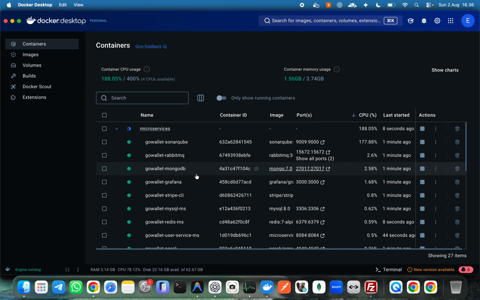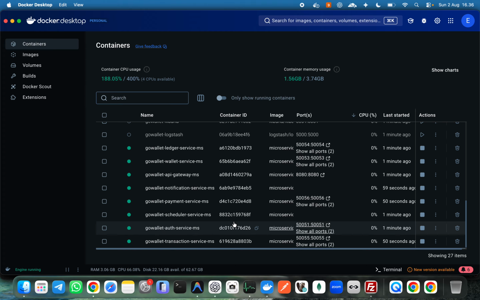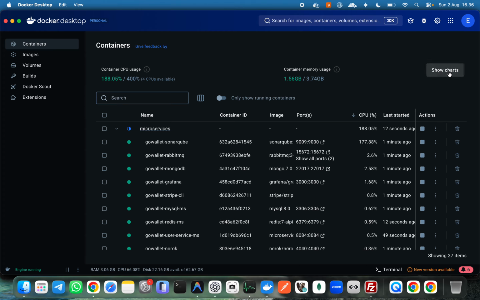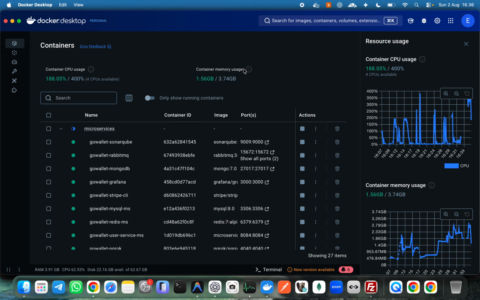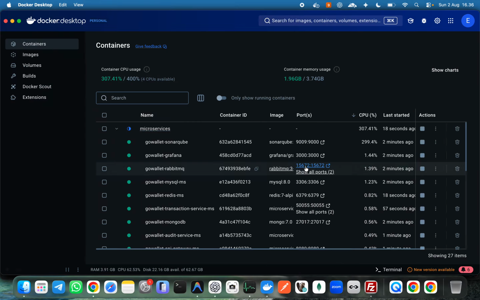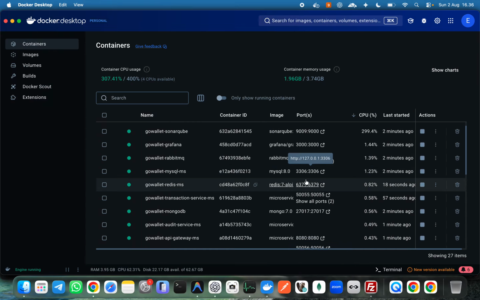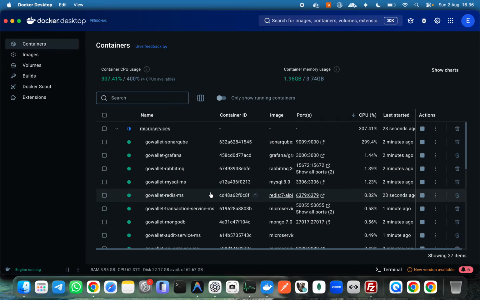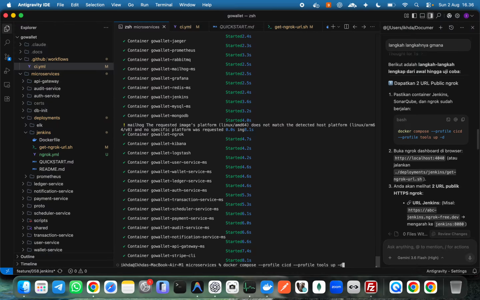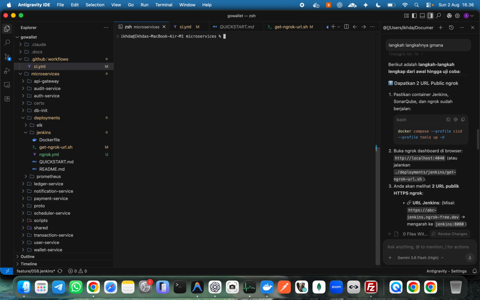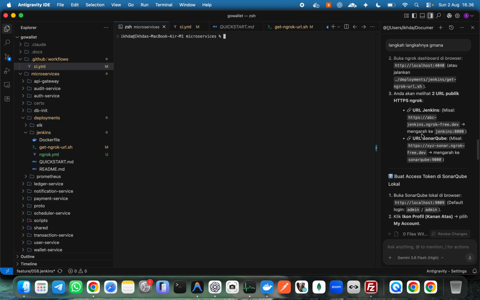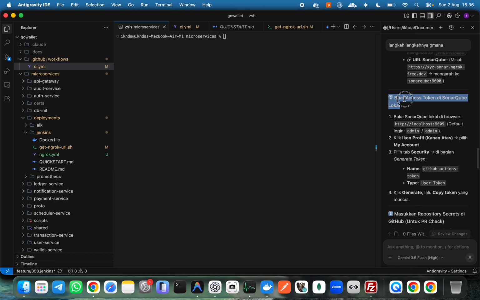Just SonarQube for now. I want to check the RAM usage here, whether SonarQube uses too much. I think there's no problem with SonarQube, because I want to do SonarQube. So I run docker compose with the CI/CD profile tools up -d, this one, and then all of the data is the same, and this is correct. So I just create the access in SonarQube,